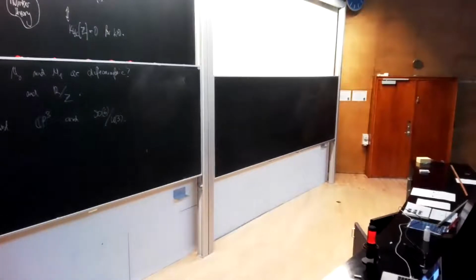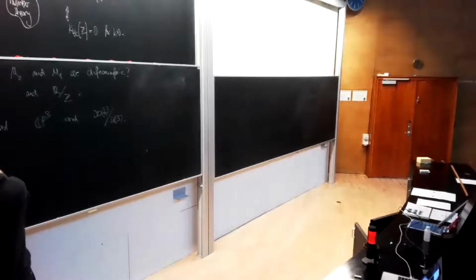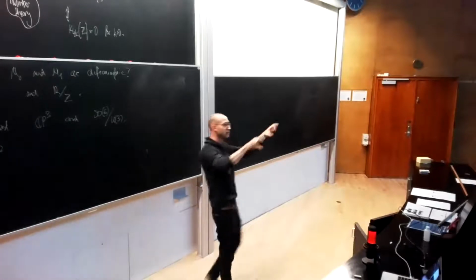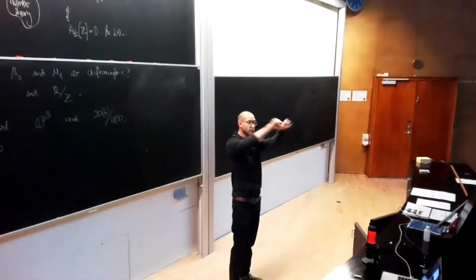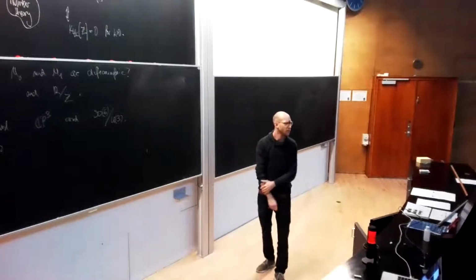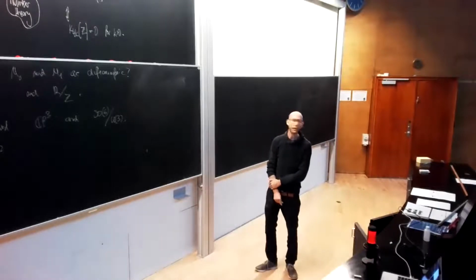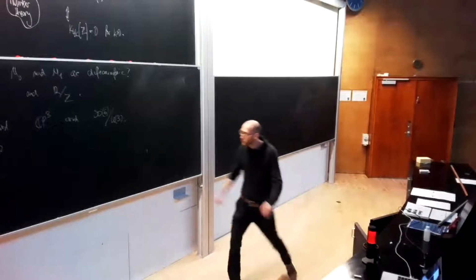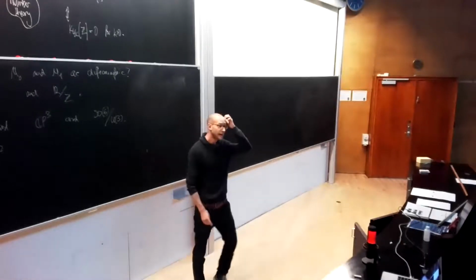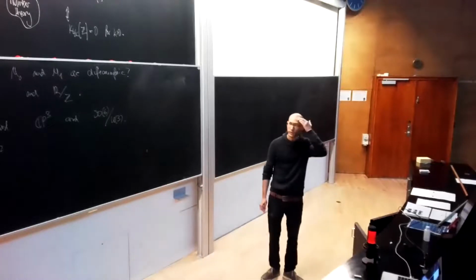So a typical example would be, say, the connected sum of RP2 with RP2 and compare that to a two-torus connected sum RP2. A connected sum means if you have two manifolds, you just remove a disk in each of them and then you glue them together along the common boundary. You have to be a bit careful with orientations if they exist, but luckily RP2 is not orientable, so no worries. Okay, so these two are diffeomorphic, I claim,